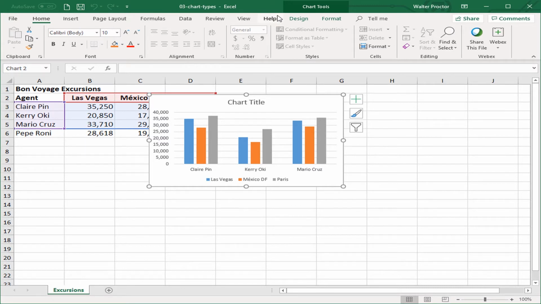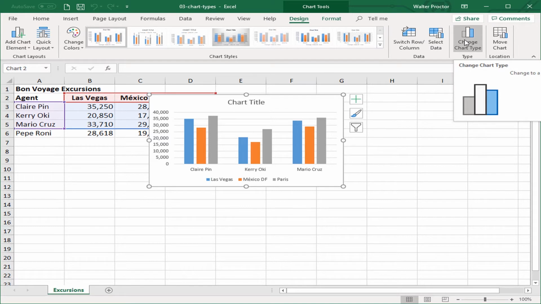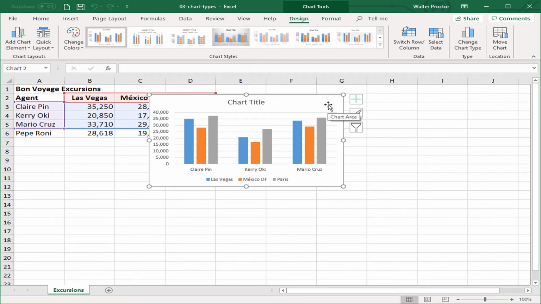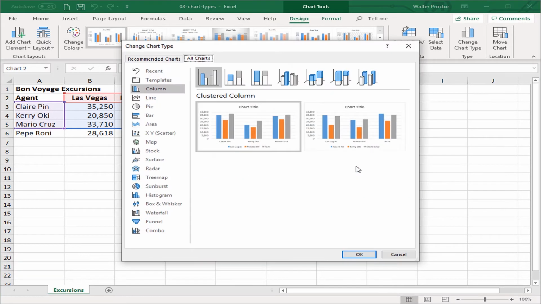You can go up to the Chart Tools Design tab, click on it, and on the right in the Type group you'll see Change Chart Type. You can also simply right-click on the chart and you'll see Change Chart Type from the pop-up window there. Whichever way you select, when you click on it you'll get the Change